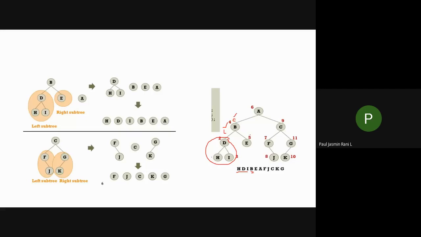Next I have to go for the right side. On the right side I have only one element. I don't have any left or right, so I can simply mark this one. After visiting all the elements of the left subtree, all the elements are printed. Now what do I have to do? Left is over, so then I have to go for the root node. For this, what is the root node? A is the root node. So now you have to print A. After that, you have to concentrate on the right subtree. Now I am moving to this right subtree.